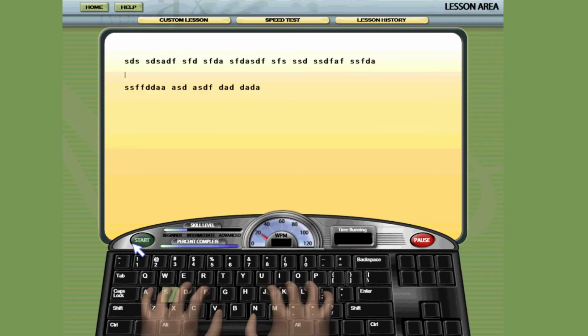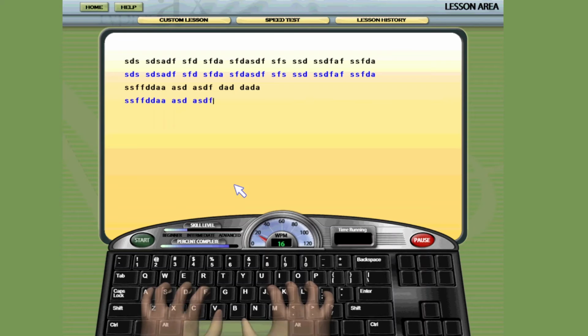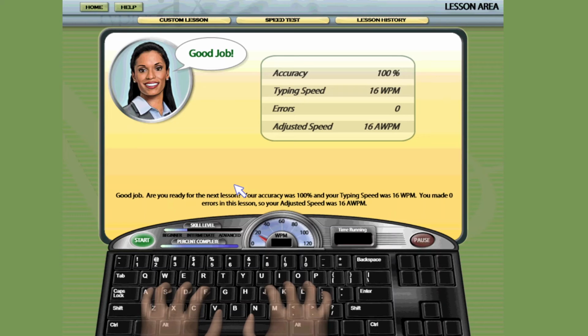Then we place our fingers again and we continue typing. You see, Mavis Beacon tells us good job.